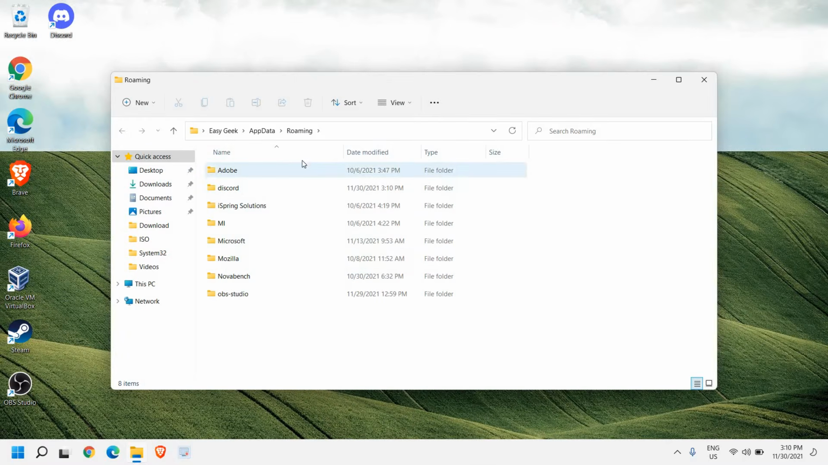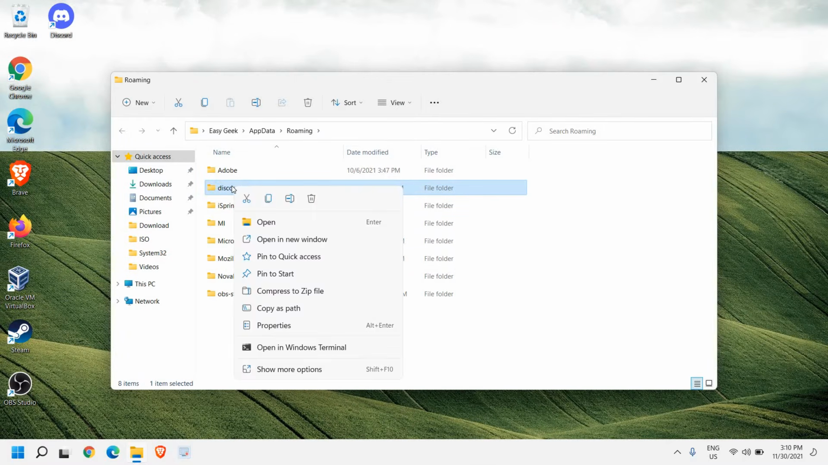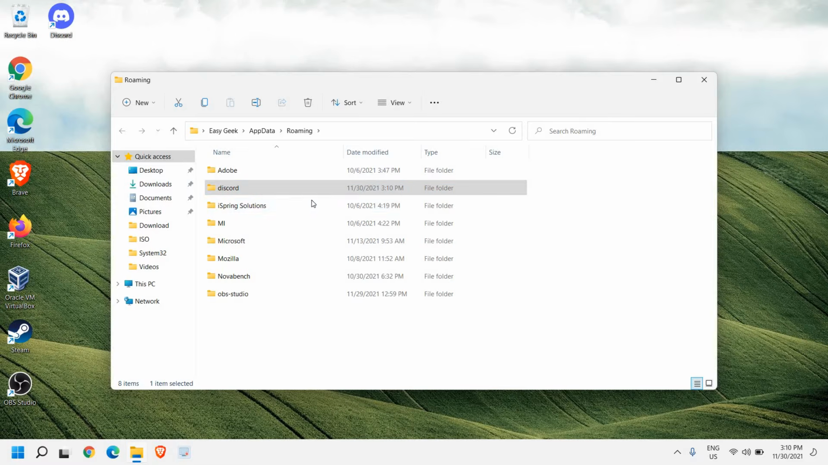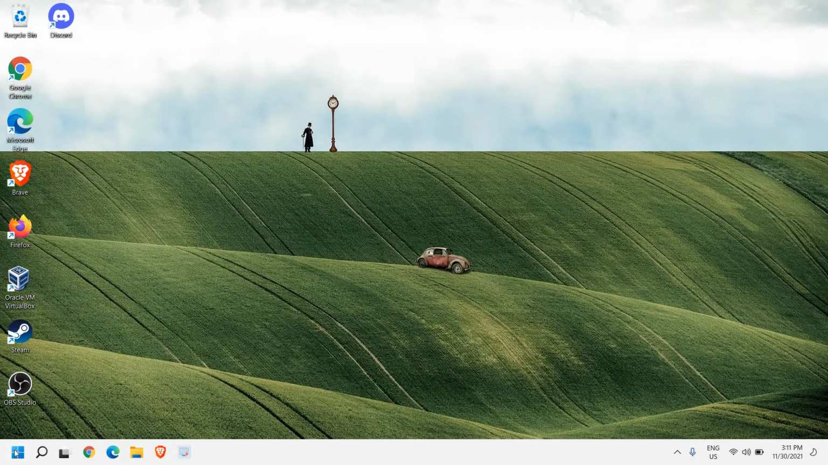And a window will appear like this. You just need to select the Discord folder, do a right click and click on delete. Once the Discord folder is deleted, we will close this window and then we will do a right click on